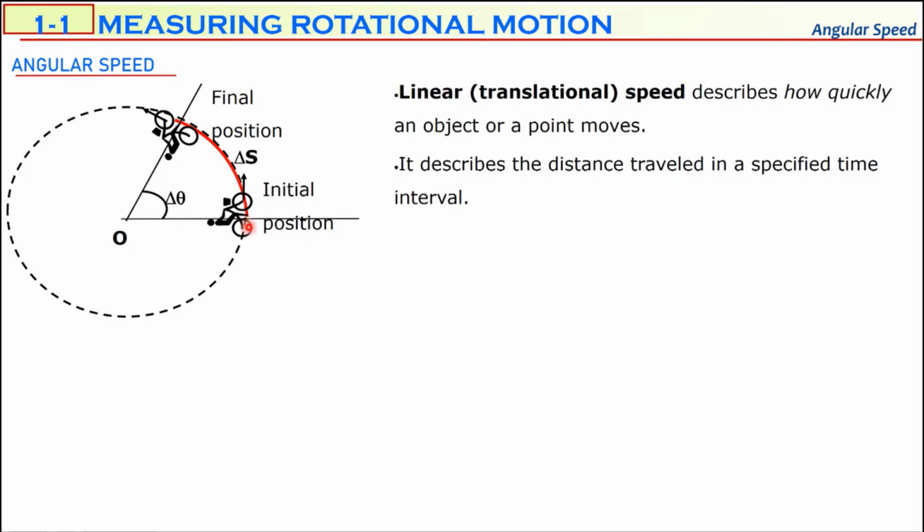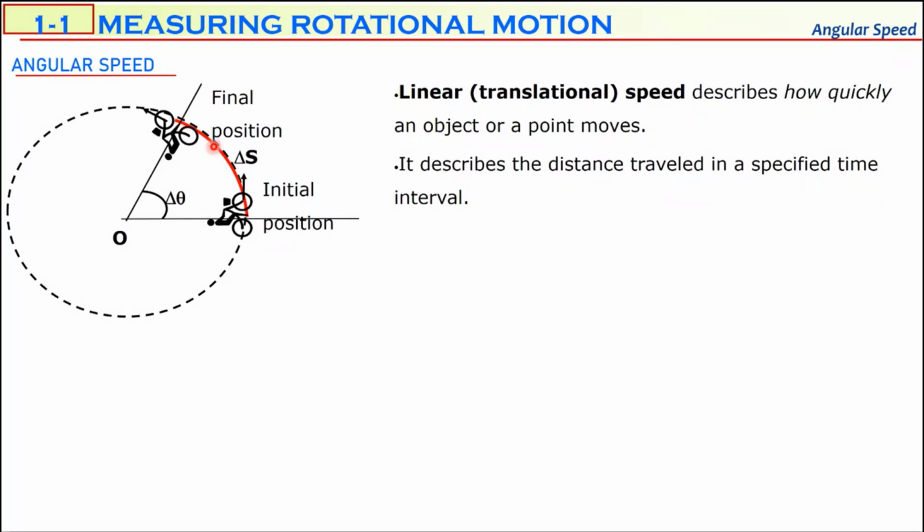This bicycle is moving from an initial position to a final position on a circular path, and we know that this bicycle is turning an angle delta theta. This angle is known as angular displacement. And while this bicycle is moving on an arc, which in maths is called an arc, the distance